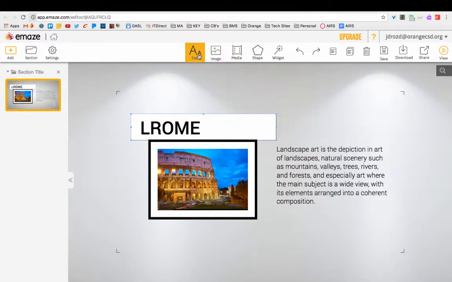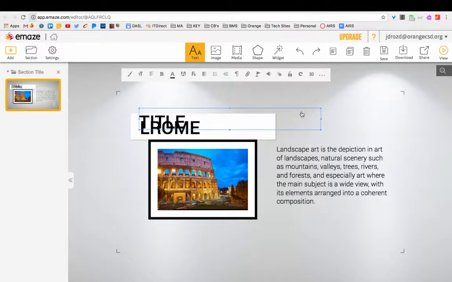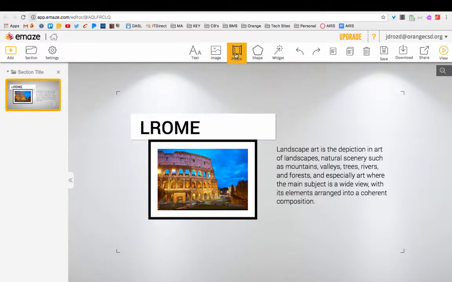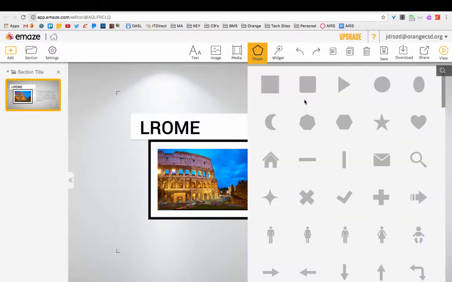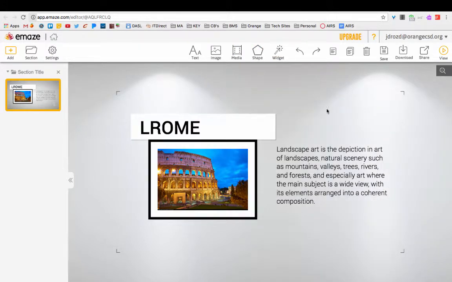I can add my own text if I wanted, so it just adds a whole other text box. I can add a video file or embed a URL from the web, so I could embed a YouTube video. I can add shapes if I want to. So then as soon as I'm done with that one,